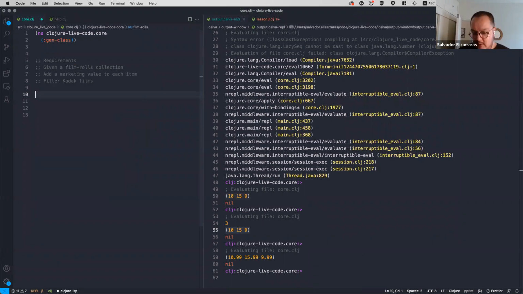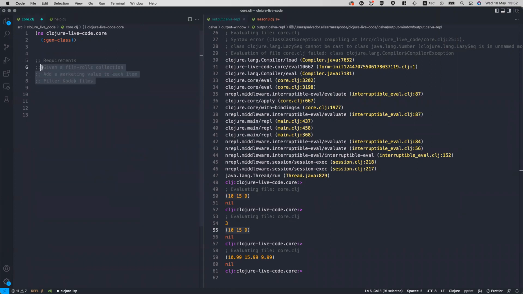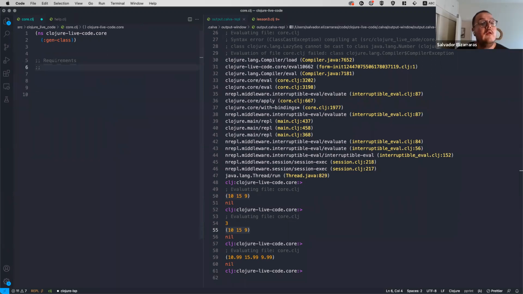So let's do another example. For this one, I will do a classic video game kind of code, which will be given weapon